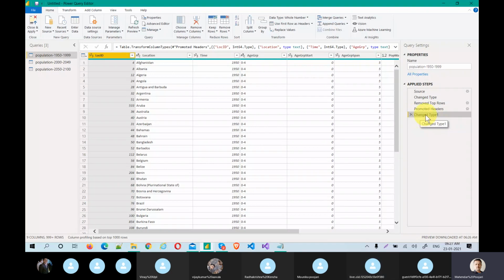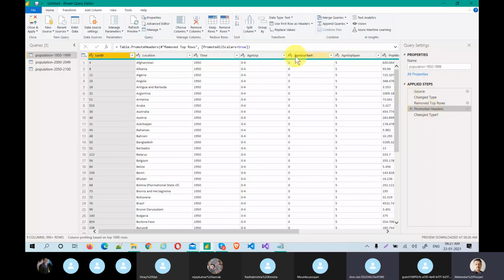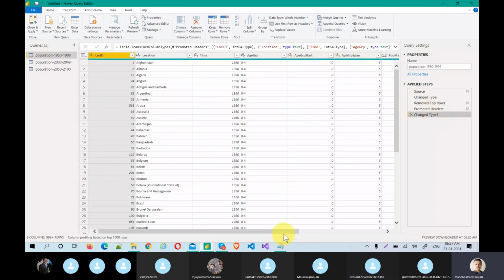I have not done that. What was actually detected? See, this is a number. Previously, you can go back and check here, it was ABC. But now it is detected as a number. Why was it not detected previously? Because we had some junk data, so Power BI did not understand. Now that the header has moved, it internally understands that the header should not be considered for the type, so it understands the remaining data and decides to change it to a data type. Nothing to be confused about.